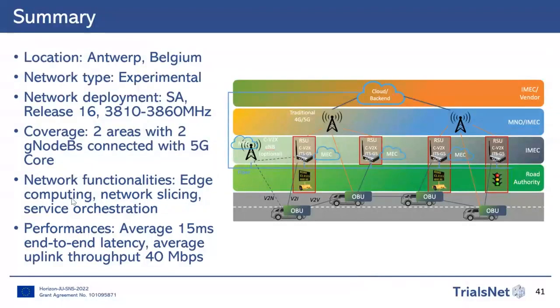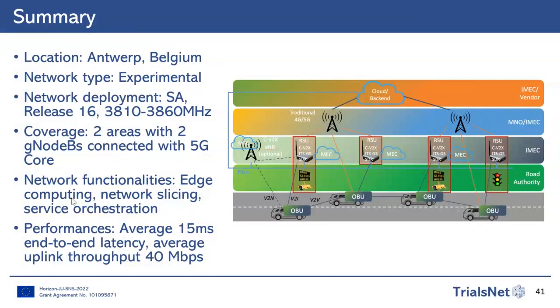Concerning network functionalities, we offer edge computing, which especially makes sense on the Smart Highway testbed, because the edge computing nodes are also distributed along the highway. As you can also see in the figure on the right-hand side, there is a deployment of roadside units on the gantries on the highway. Network slicing is available both in the lab and in this environment. And of course, in both cases, service orchestration is possible with Kubernetes and open source OSM-based software.